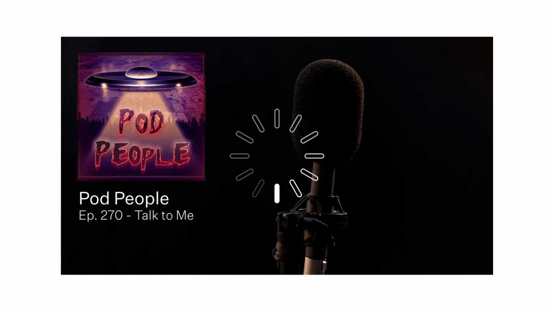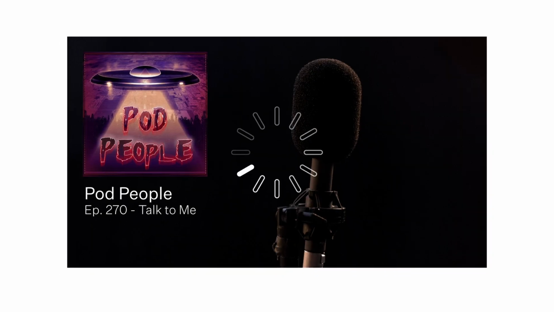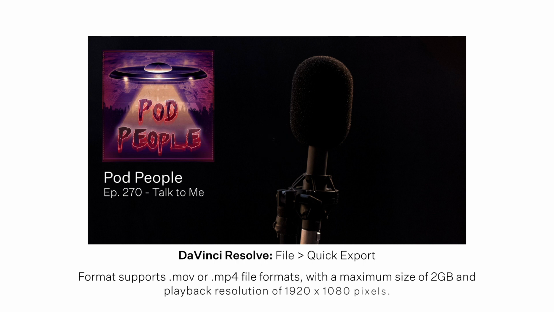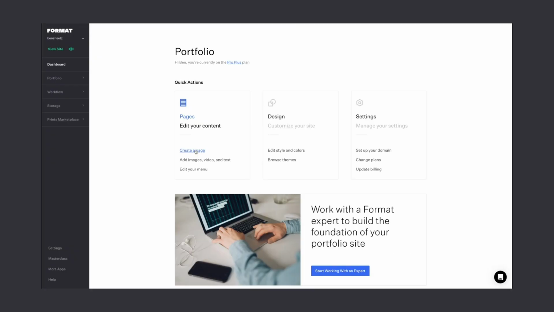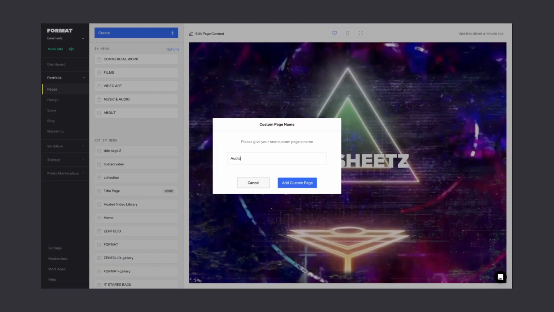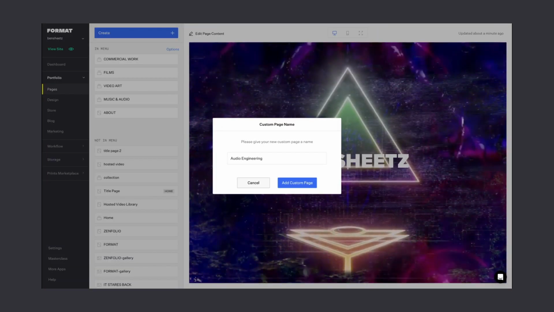minutes. Once you've combined your audio and visuals, export the new video clip. Format supports .mov or .mp4 file formats with a maximum size of 2 GB and a playback resolution of 1920 by 1080 pixels. Now that I have my MP4 or MOV file, I want to make a custom page on